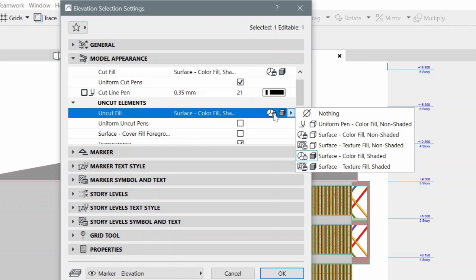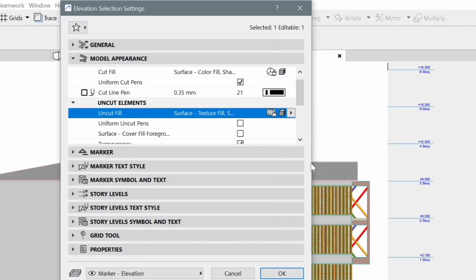Here, any element that you are not cutting, that you are not slicing, that you have seen. So here we're going to choose texture fill because you want to see the texture. If it's brick, it's going to show you. If it's iron, if it's stucco, you select here. Then you check uncut